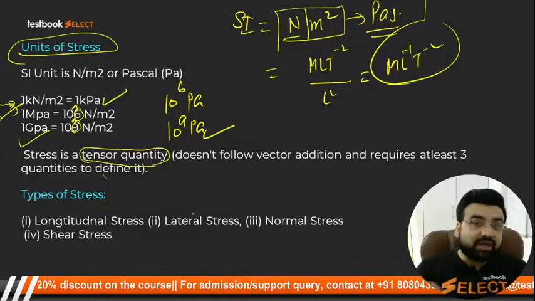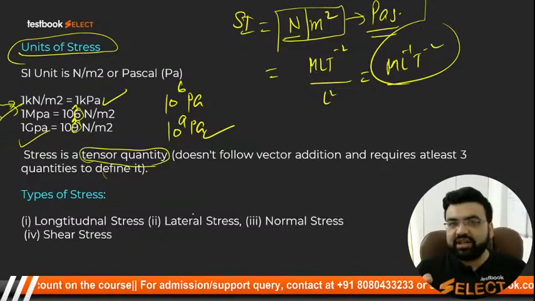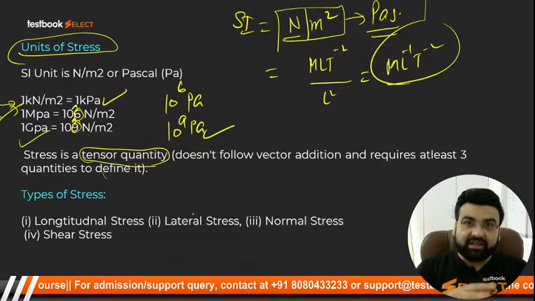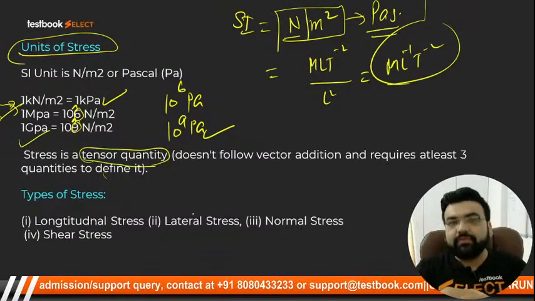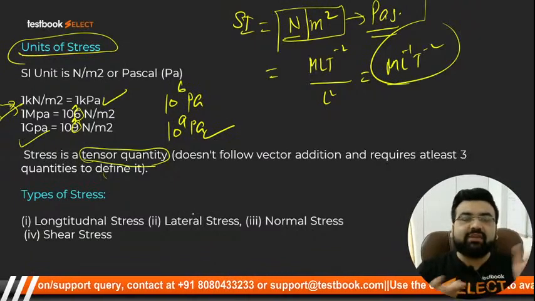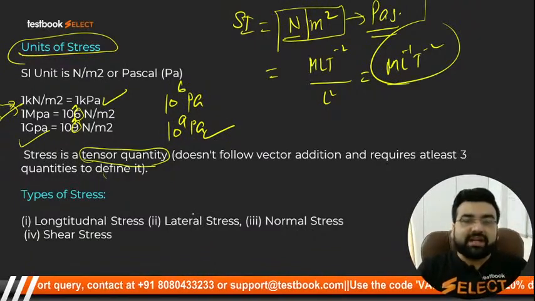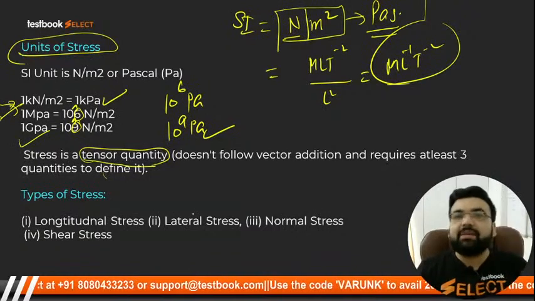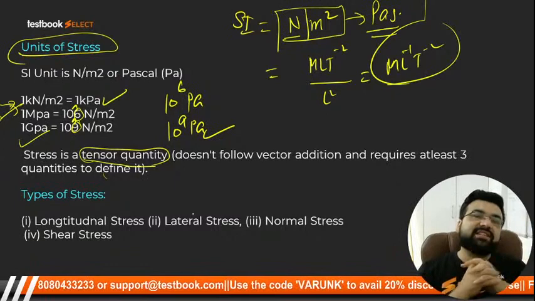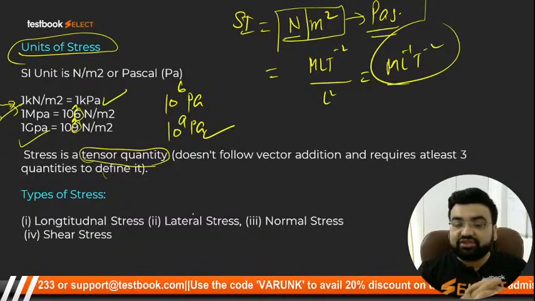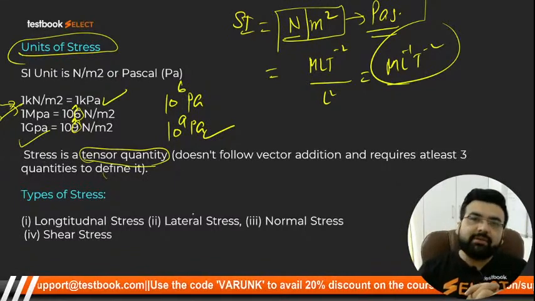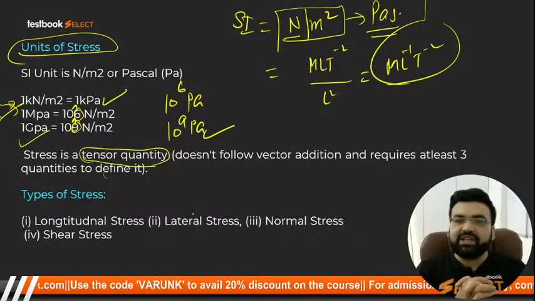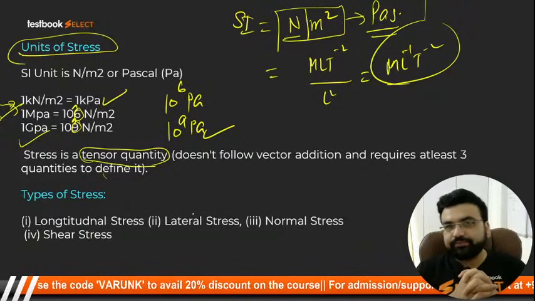Now this is what the tensor quantity is. So direction is north, magnitude is 10 kilometers per hour, and earth is the plane on which Ram is running. Clear? In the earlier two cases that was by default understood. But now when you give another definition or another quantity or another parameter to define it, that is said to be a tensor quantity. And stress is also a tensor quantity, that we will be discussing a little bit later on. Clear? You will get the meaning of tensor quantity in much more detail.